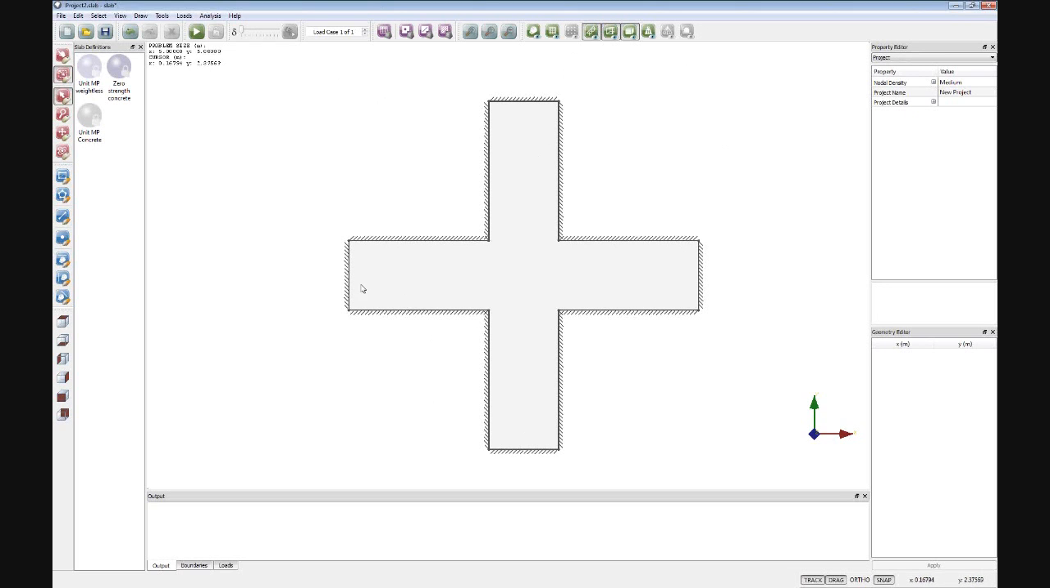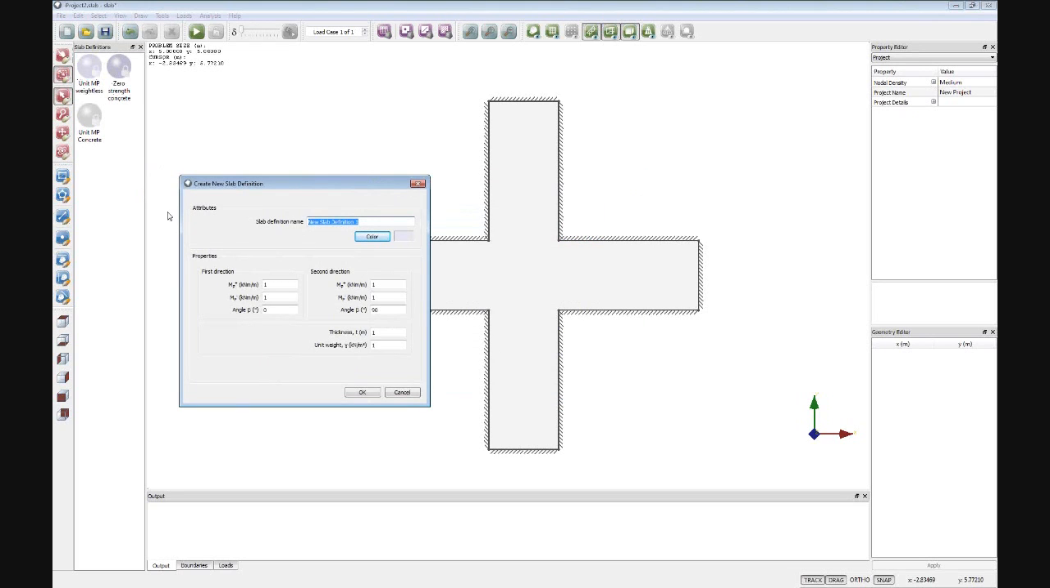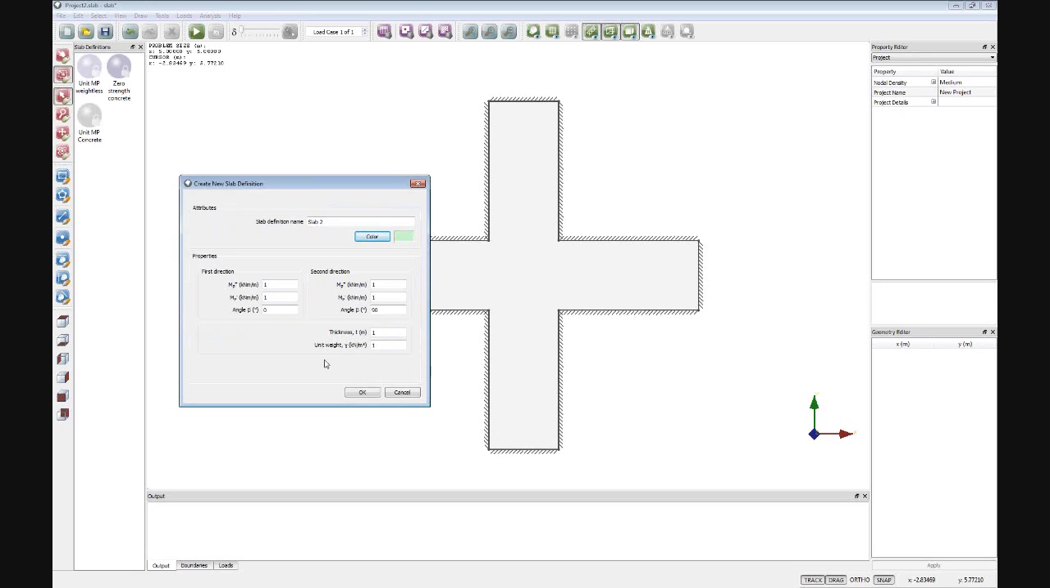So we've got the geometry, we've got the supports. The next thing that we need is a material, or a slab definition as we call it. What we need to do, if I right click in the slab definition explorer, we can create a new one, and I'm going to call it slab 2, give it a colour, we'll make it just a light green colour just to be different, and what we do, if we just keep the properties to be isotropic as it is to start with,